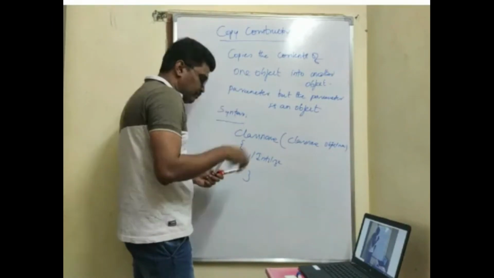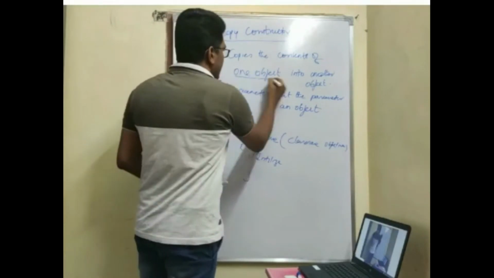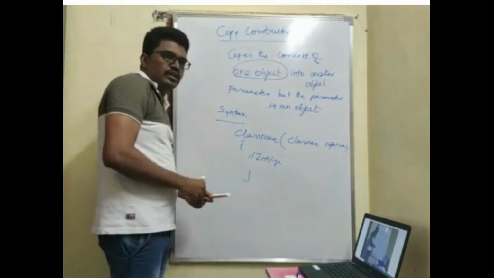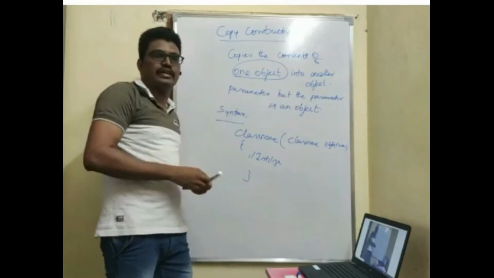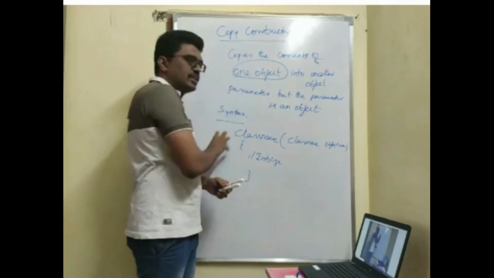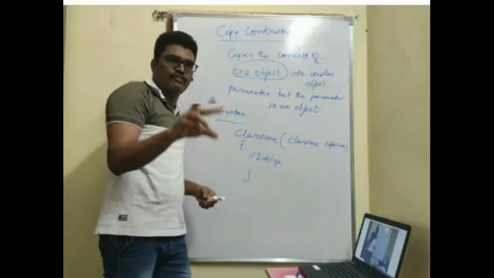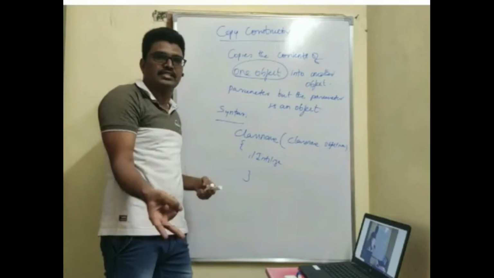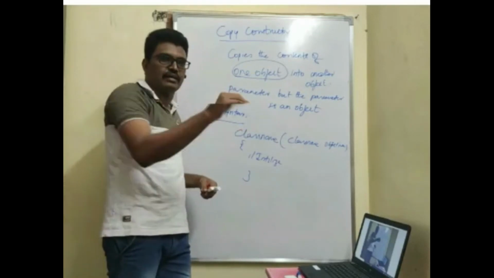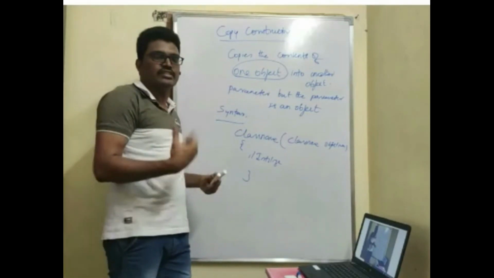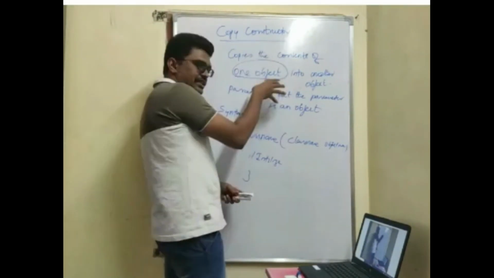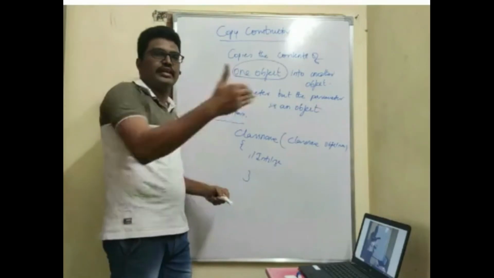Another important point is, what are we saying? You want to copy from one object to another object. If I don't have the contents in another object, how can I copy the contents? That is why whenever you use a copy constructor, you should have at least a default constructor or parameterized constructor. If the student sitting before me is writing something, then I can copy. If he's not writing anything, what can I copy? The same way, if there is another object which has content in it, that only I can copy into another object.